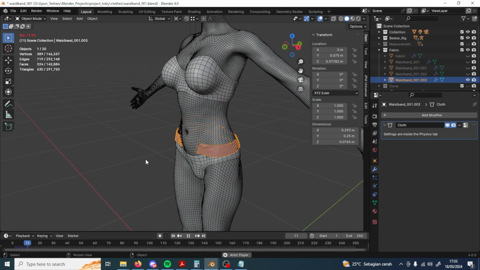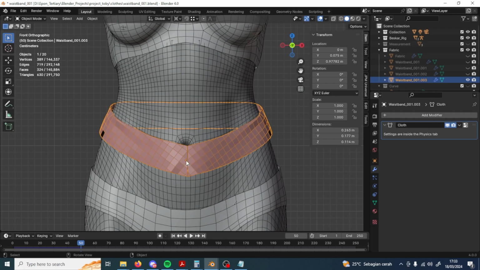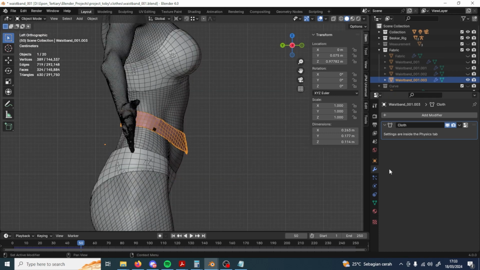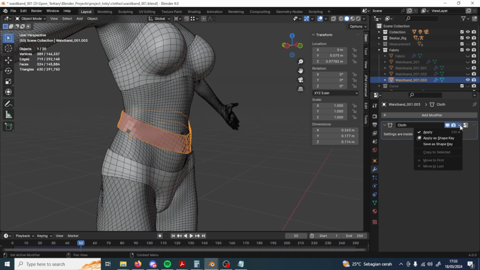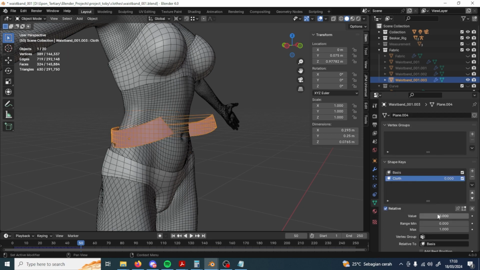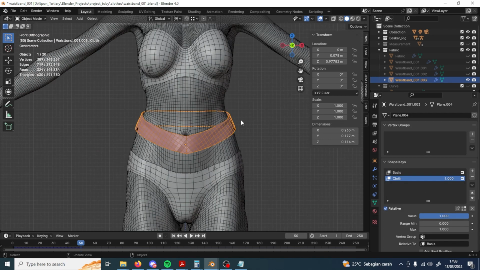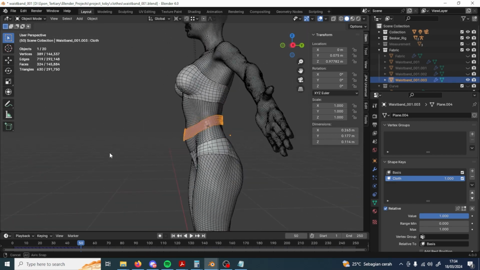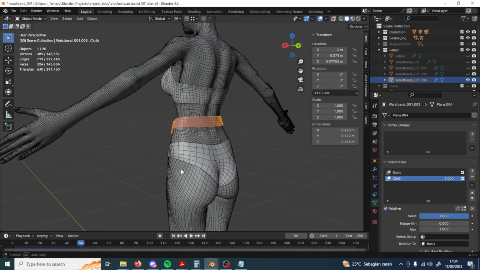Now let's reuse that, and voila! Now you've got a waistband ready for trousers, right? So let's save it in my shape keys, and voila! That is a very good looking waistband. Now, the next thing that we're going to do,